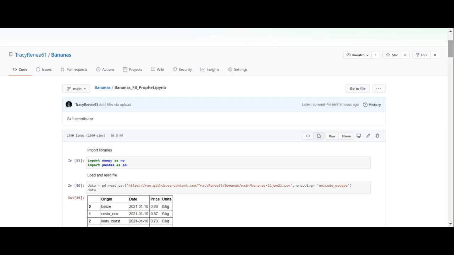But the problem with Kaggle competitions is you have to submit them in a certain format, and if you don't submit them in a certain format, then Kaggle won't accept them. But when I use my own data sets and do my own research, then I can submit it in whatever format I want because it's not a competition.